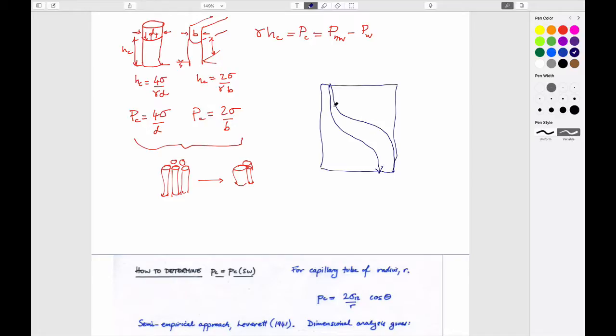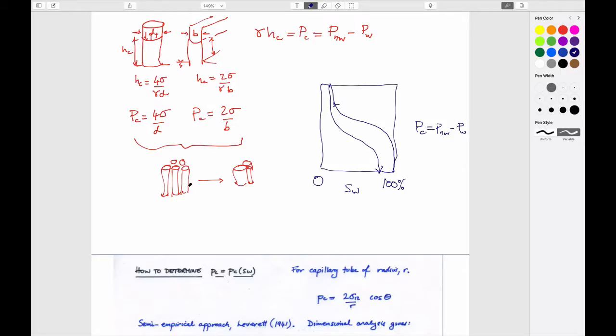And we'll look at some more in due course. This is capillary pressure, which is the non-wetting pressure minus the wetting pressure. Pressure of the wetting fluid or the pressure in the non-wetting fluid. Pressure in the water, pressure in the oil. And the saturation of water, going from 0% to 100%. And that's it. And so if we can arrange an experiment to be able to get this curve, then this